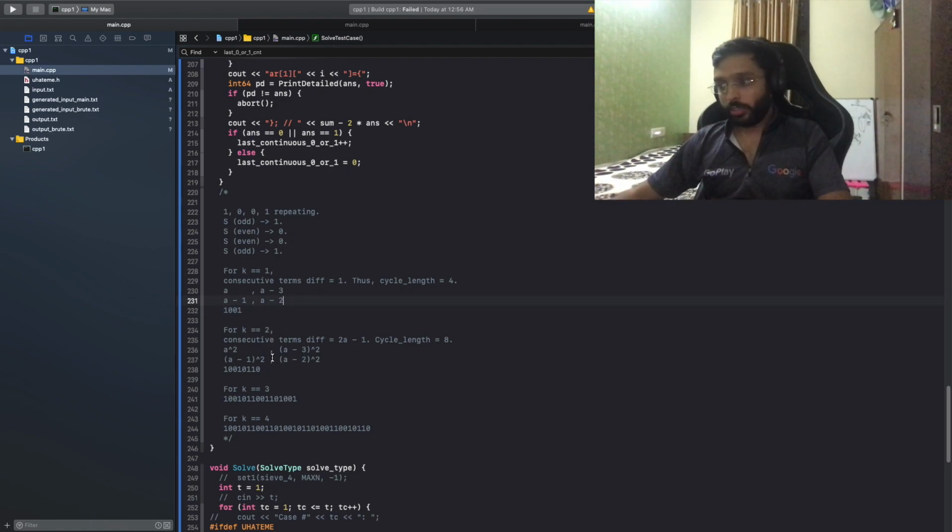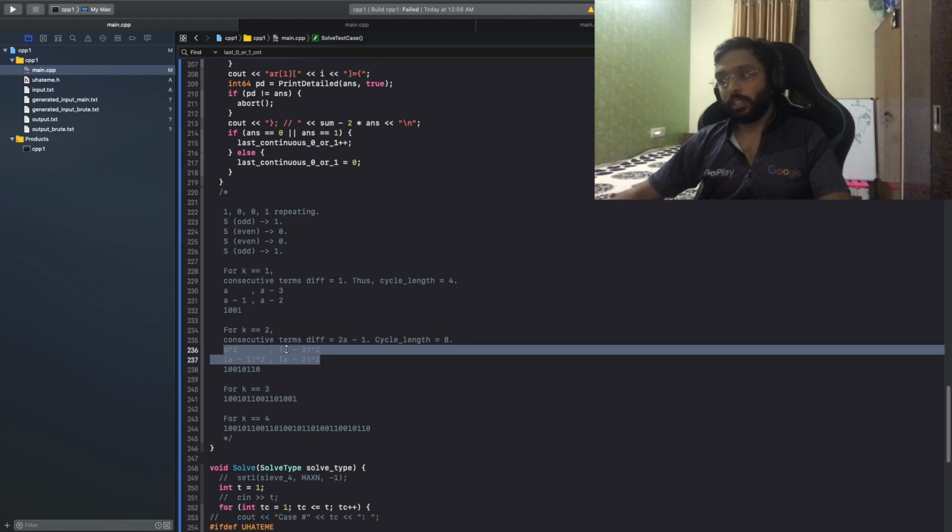For k equal to 2, the consecutive term difference is 2a minus 1. So for example, this a square and a minus 1 whole square. So what would happen is this would not really be 0 with just these four terms.